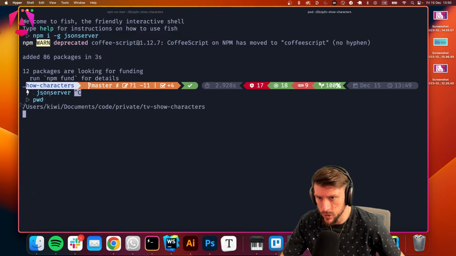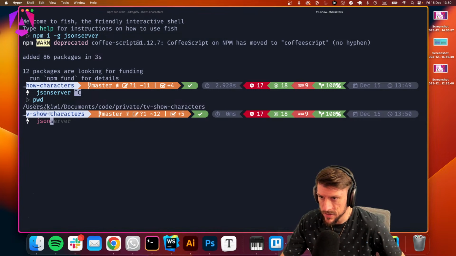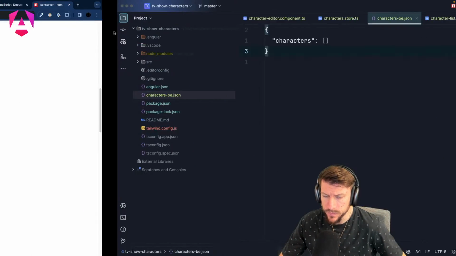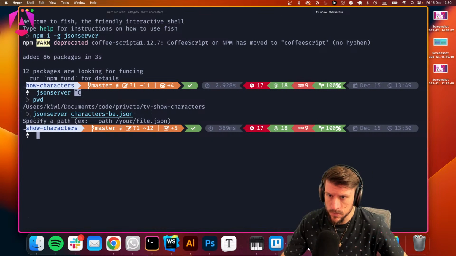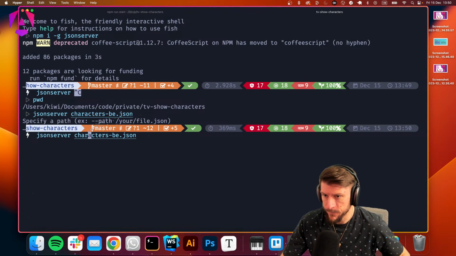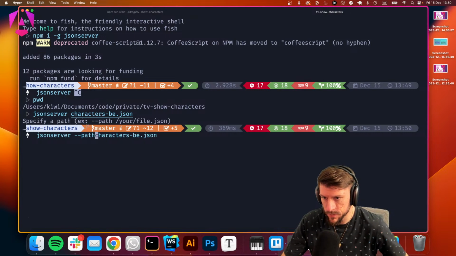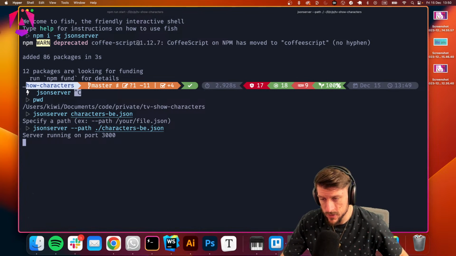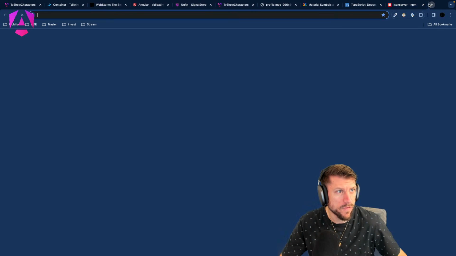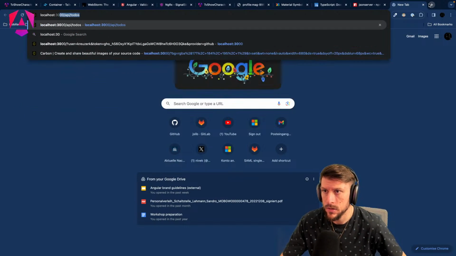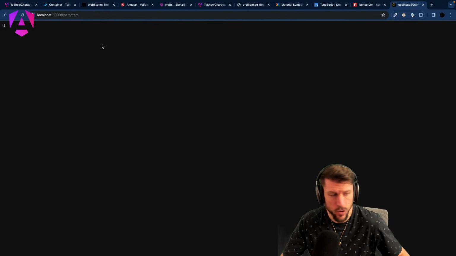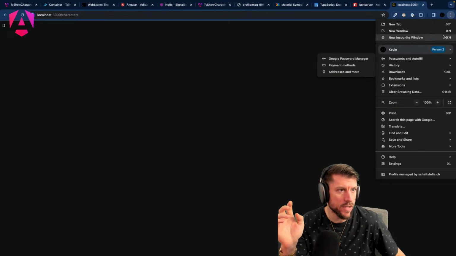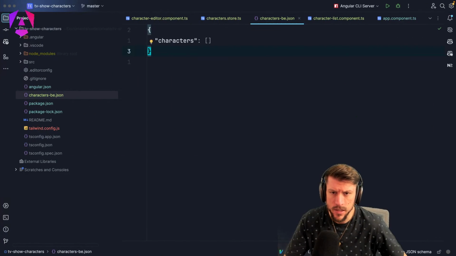Which directory am I in? Print working directory. json-server, and I called it... minus path dot slash. Server running on port 3000. Slash, is it slash characters? Okay, we get an empty array back. So now let's go, and you can see that here, and let's add